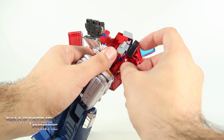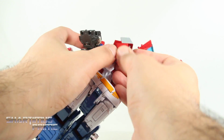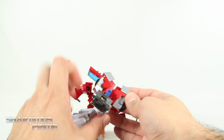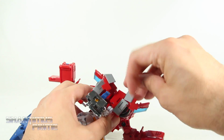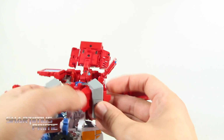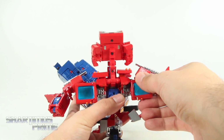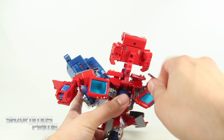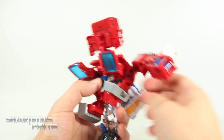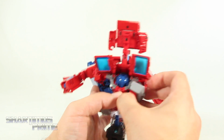So we have that. Then we're actually going to take the tires and shift those down and shift that down. And those are going to rotate in and rotate this one in. And then these little pieces up here, these will kind of shift up and out and up, and then shift back into place right there. And then we have these doors that we're going to move out of the way. So I'm going to go ahead and rotate in like that. And then get these arms out of the way just a little bit,